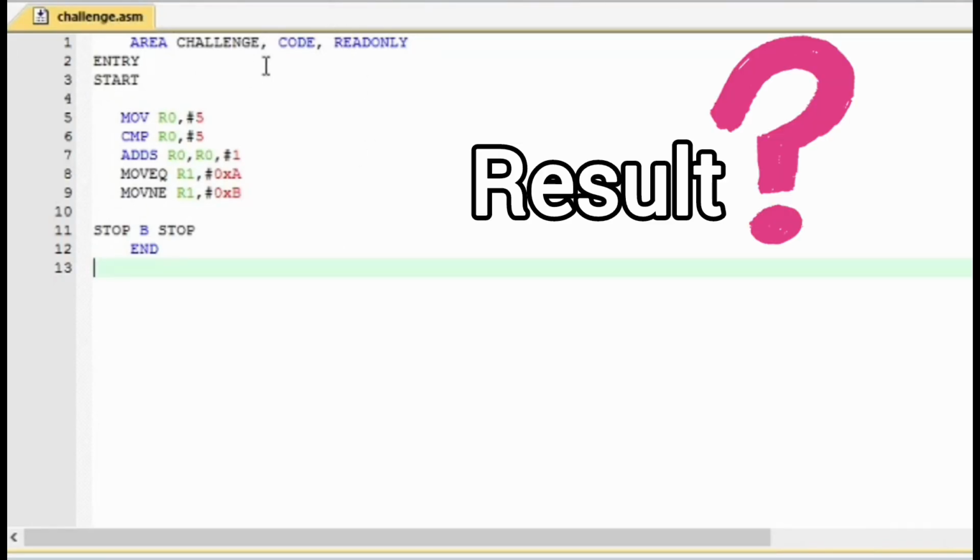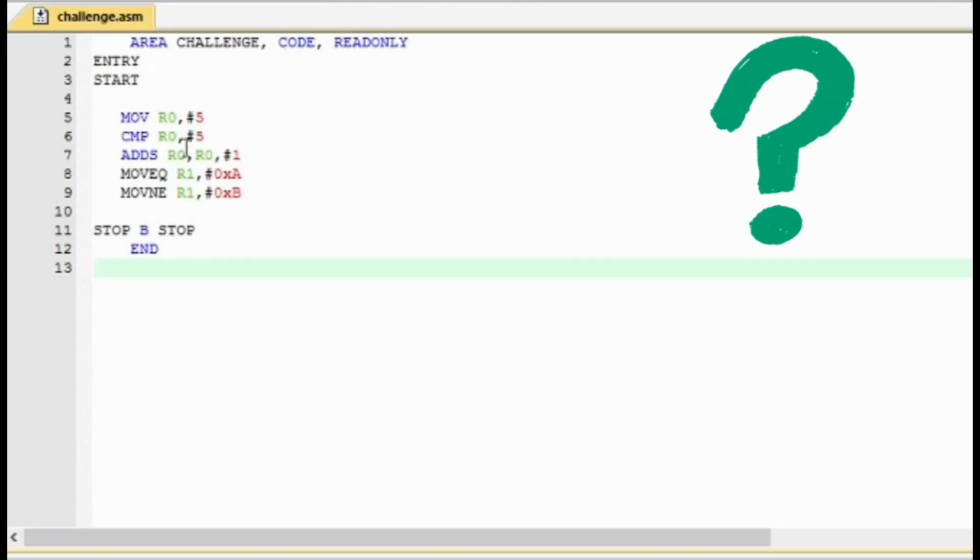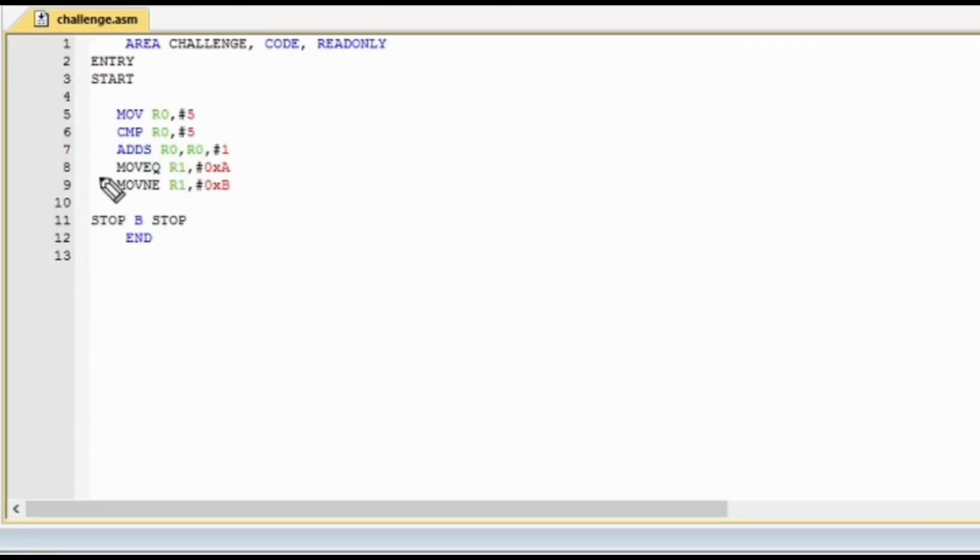Can you predict the result of this code? What is the final value stored in argv1? Predict your answer in the comment section. First of all, the conditional codes we are using here are EQ